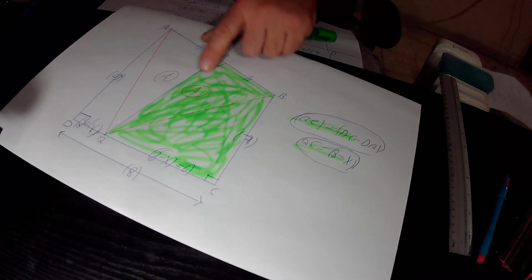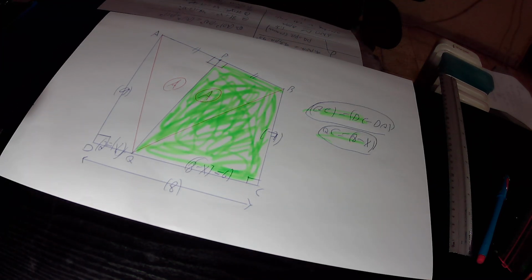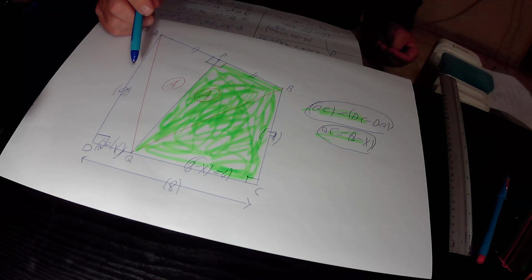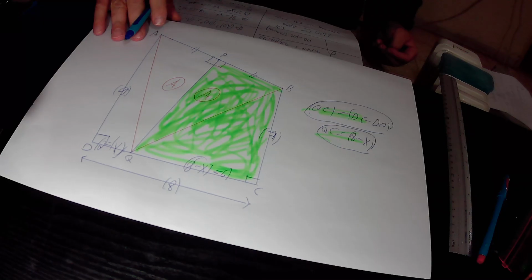Therefore, the area of the first component that quadrilateral ABCD consists of is the area of this right triangle ADQ. The area of this right triangle ADQ equals the base, 2, times the height, 9, over 2. 2 times 9 over 2 is 9. So the area of the first component that quadrilateral ABCD consists of is equal to 9 square units in size. So until now,